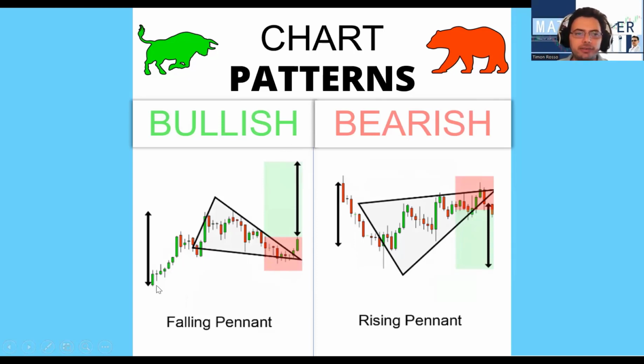The falling pennant is very similar to the falling flag, okay? But the trend is moving up, and instead of forming a flag formation, it forms somewhat of a wedge pattern, but it's also known as a pennant formation. Now, a pennant compared to a wedge is a lot shorter in duration. When you think of a pennant, think of a short duration movement within an uptrend.